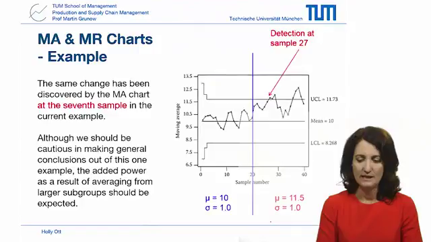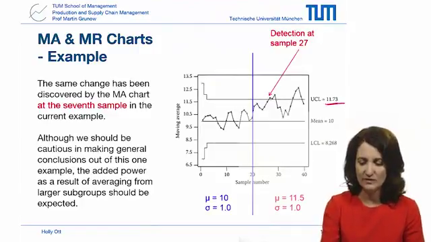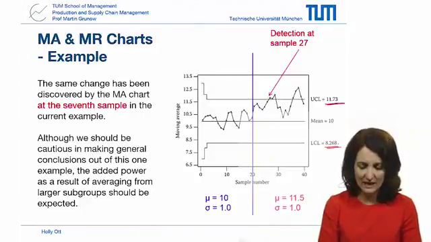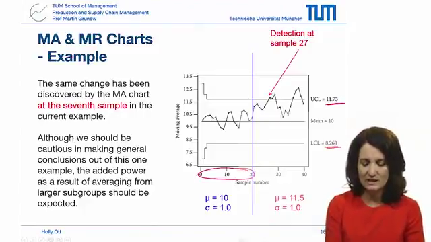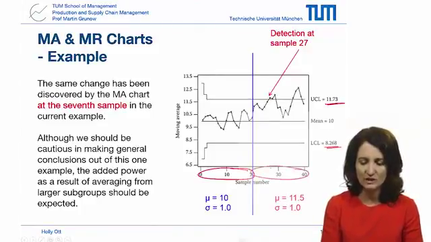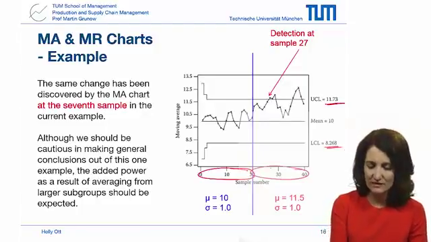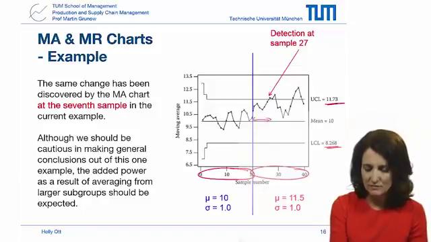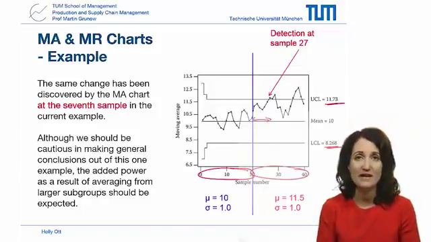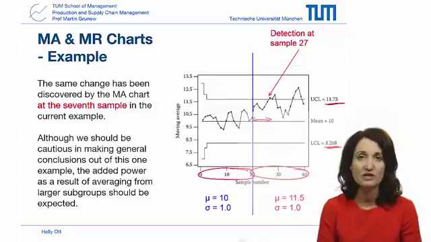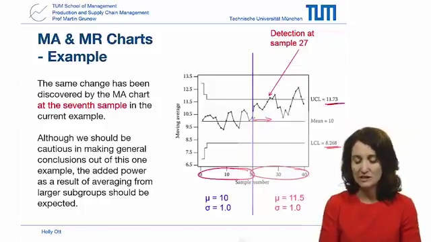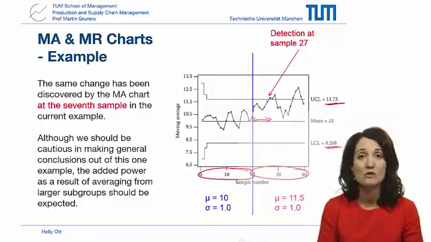So let's look at this. Here is the 11.73, 8.268, and here's our first 20 measurements. Change occurs, next 20 measurements, and we see detection at sample 27. So it's at the 7th measurement, the 7th moving average sample from the change. So you can see here, in this example, this is quite a bit more effective than just